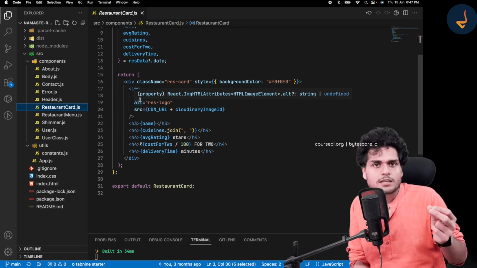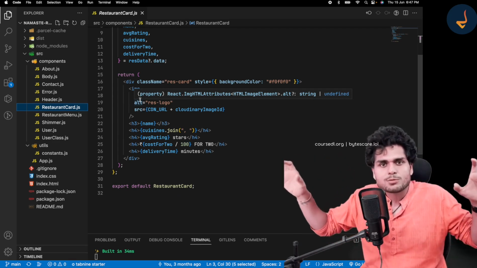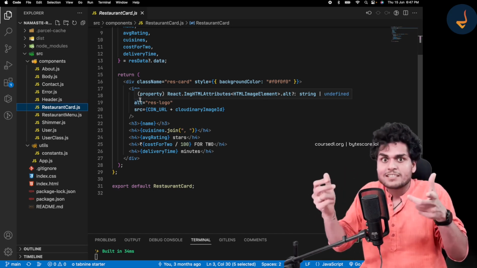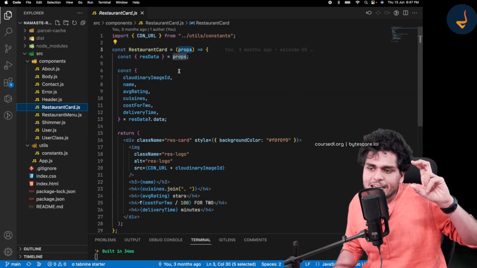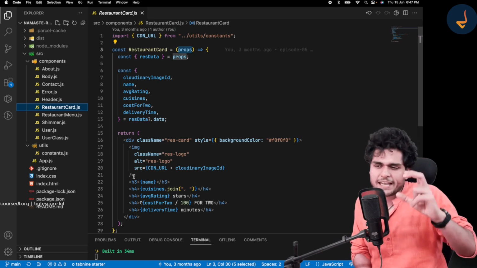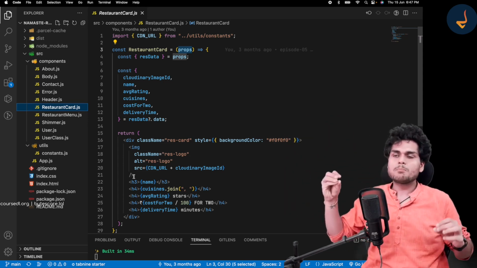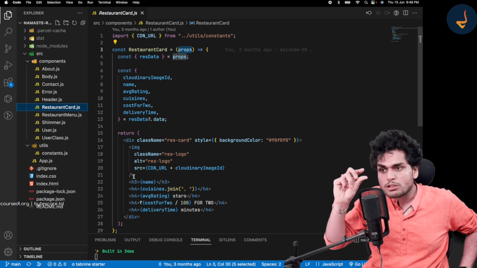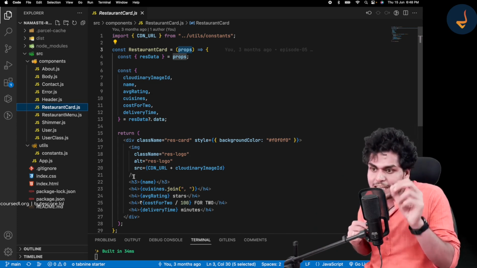A lot of students don't understand what modularity is. Modularity means that you break down your code into different small modules, right? So that your code becomes more maintainable and more testable. How will it become more testable? Right? Because suppose you have this single small unit of restaurant card, so I can write test cases just for this restaurant card, right? So when our big app has a bug, and if that bug is inside this restaurant card, that small piece, right? So that test case will catch it.